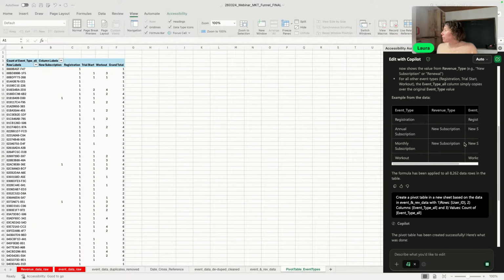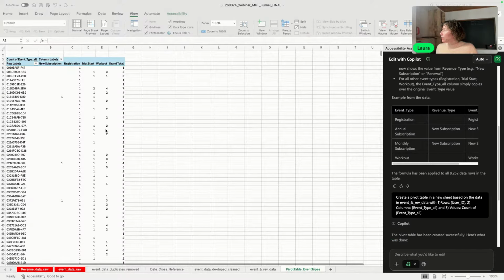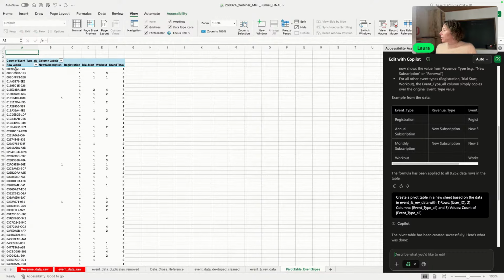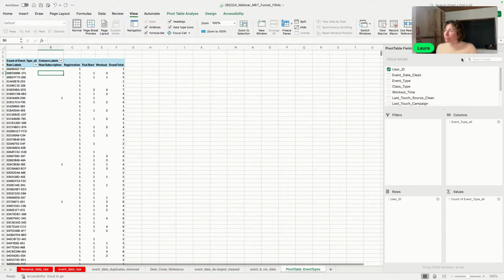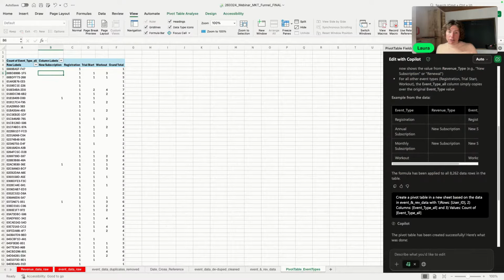Wonderful. Okay, so now we have our pivot table here. We see the user with that ID has done one registration, but nothing else. And now we have this person, for example, who started a trial and who worked out 3 times, but didn't subscribe. So with that, we can now build our funnel,